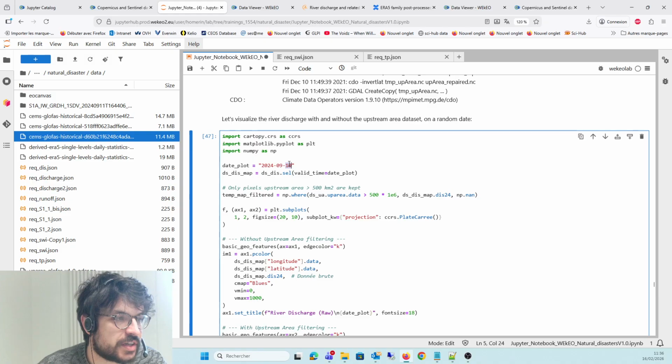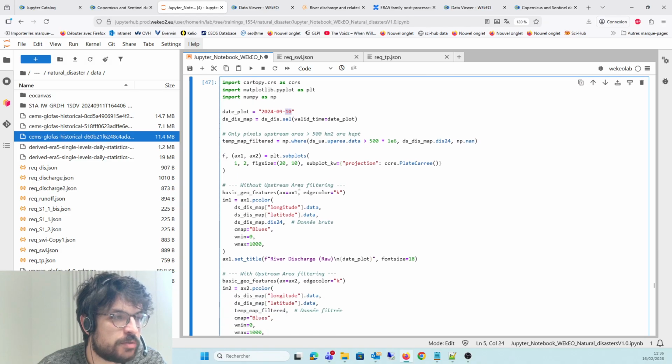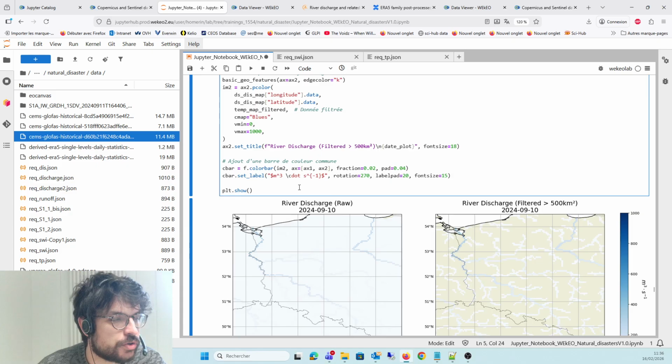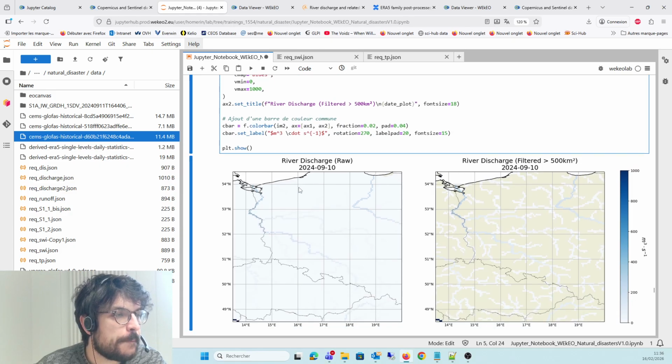I've just chosen this example on the 10th of September, but it's not really crucial which date that was. We can see that in our raw river discharge dataset, we can distinguish the biggest arteries of the river.